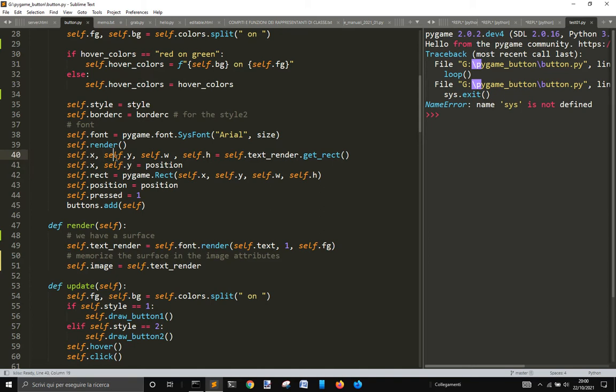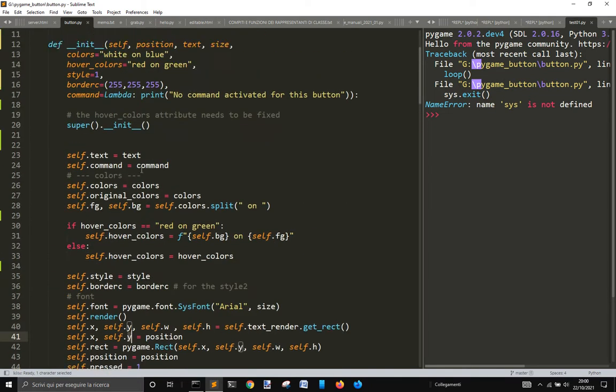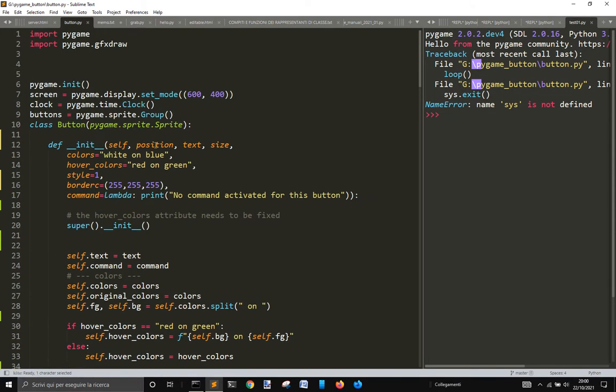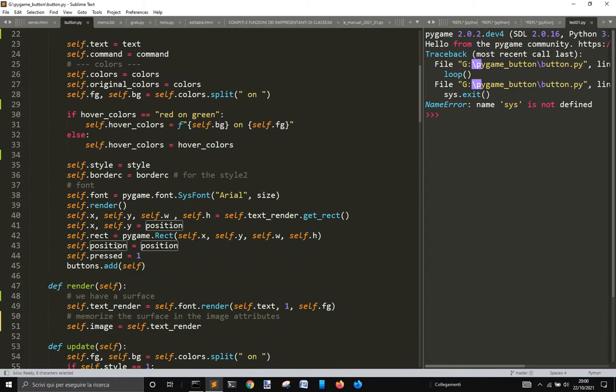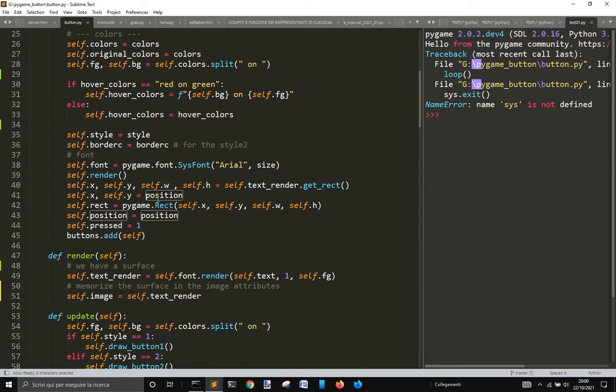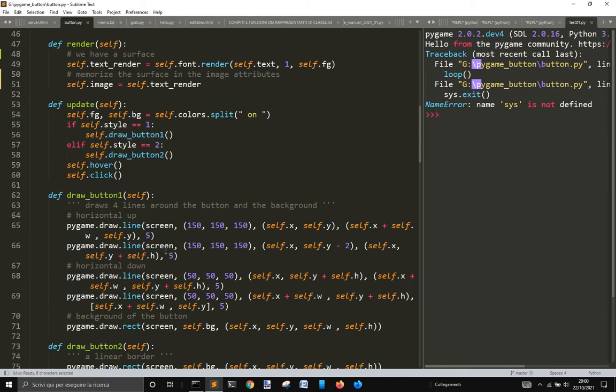Here we got 0 and 0 because there is no position, there is just the width and height. Here we give to the self x and the self y the position that we give here. So we can give the rendered text a position on our window that we want to give. So we want to position it, for example,